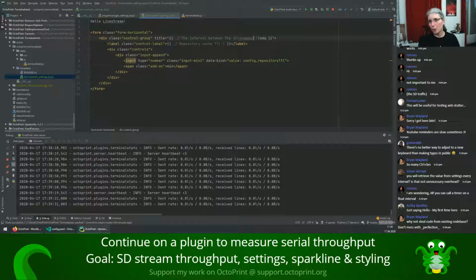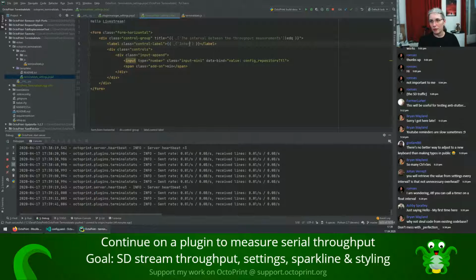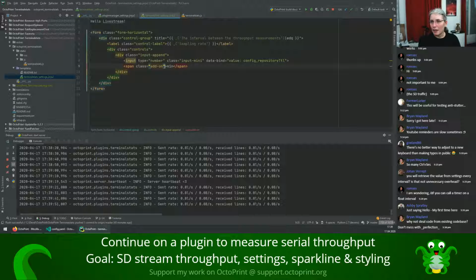Between the throughput measurements, then we'll give it a label of just... isn't this actually a sampling rate? It's a sampling rate. That's going to be in seconds, and it's going to be a number, and we're going to bind it to